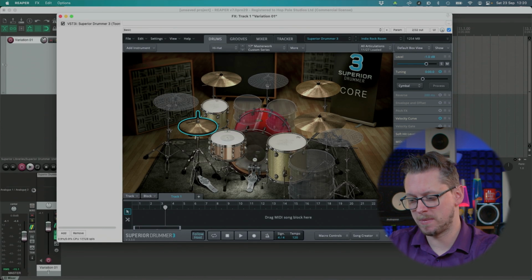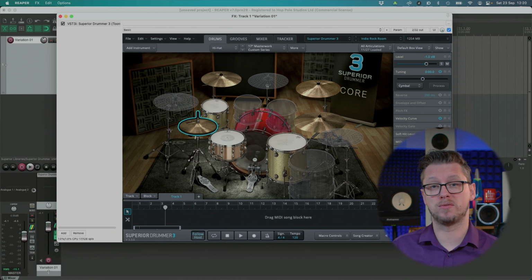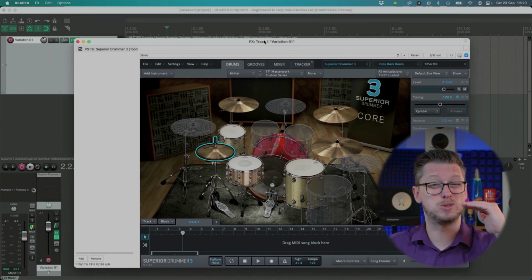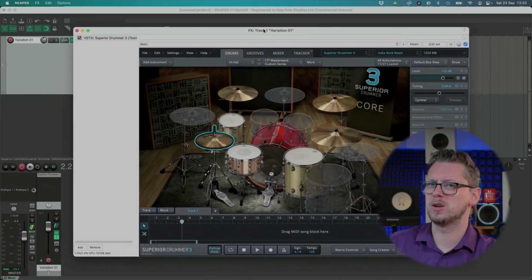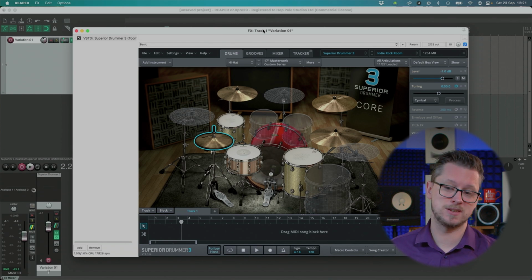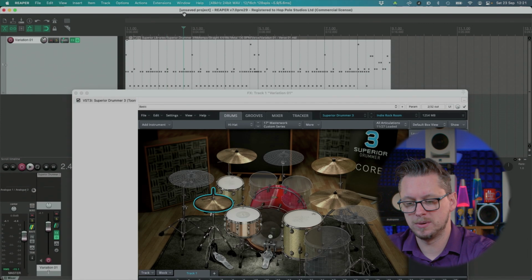I'm going to turn down the master volume in Superior a little bit, and that affects the level of every separate drum, every separate microphone, because I don't want to be blasting out at absolute maximum volume. That's really not good for mixing when you've got other channels like guitars, bass, all that kind of stuff going on, because very quickly everything will start to clip and overload the master bus, and I don't want that. Now if I put loop on with the R button and press play,